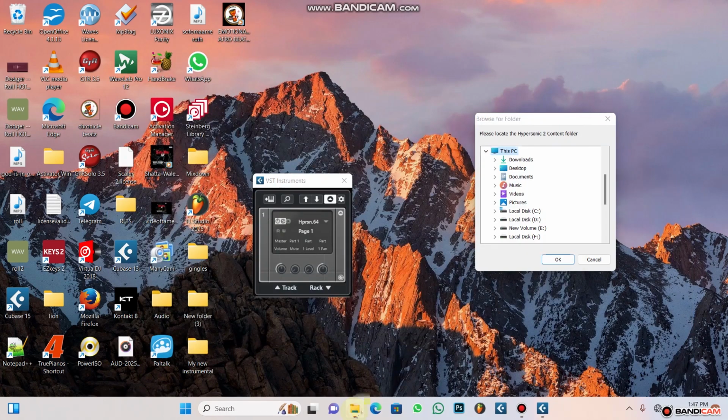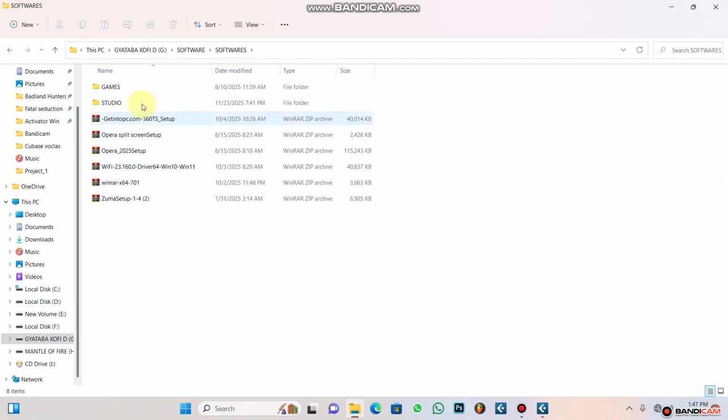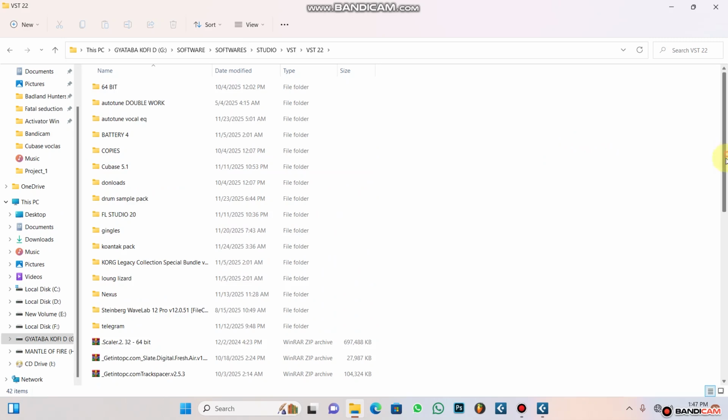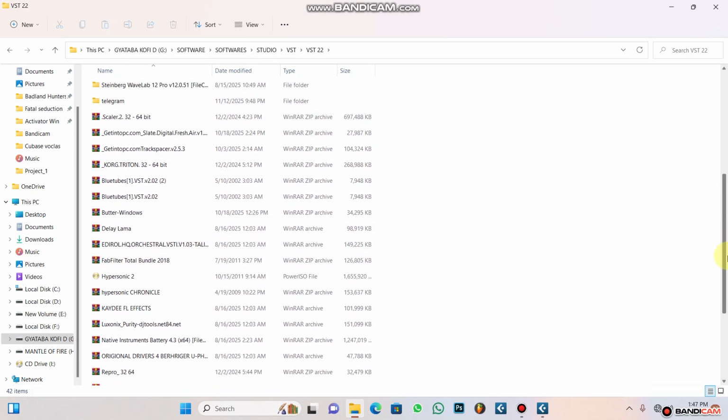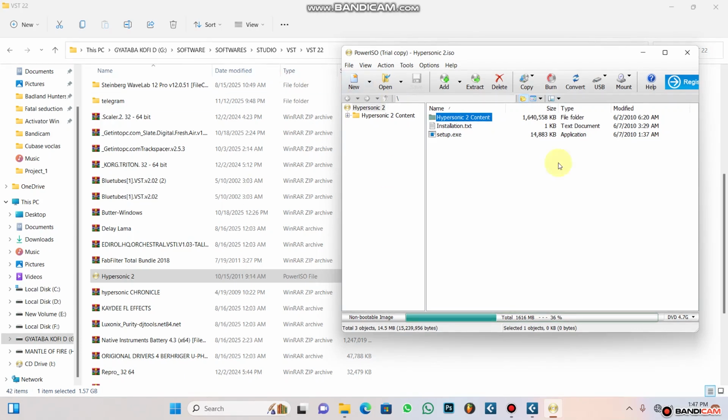You will go to your storage, where you have your Hypersonic software or VST software installed, or saved. To me, I have it somewhere here. This is my Hypersonic 2. So what you are going to do is open the folder like this. There's a power file. So you open it like this, and now you copy this Hypersonic 2 content folder